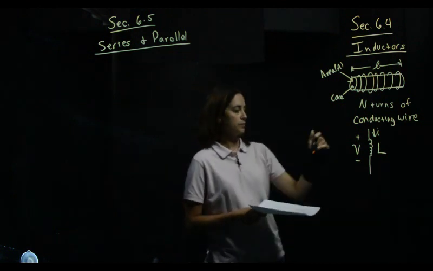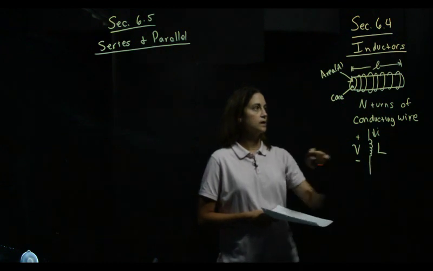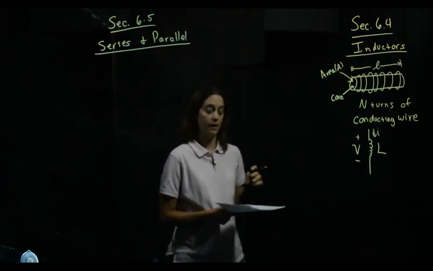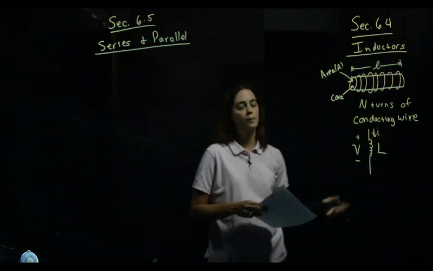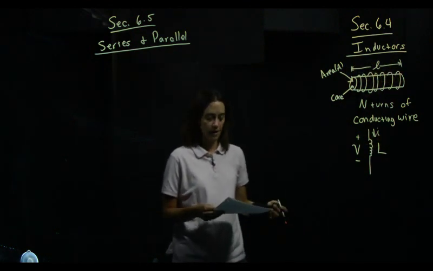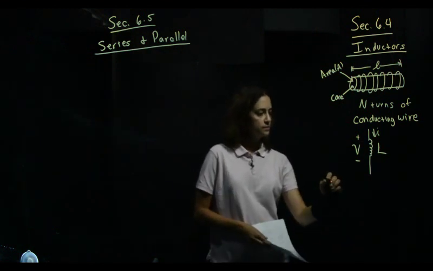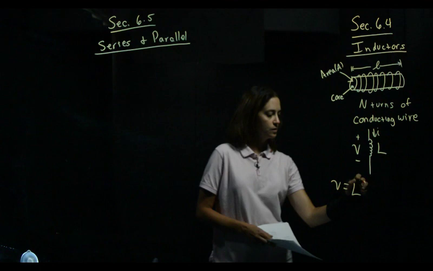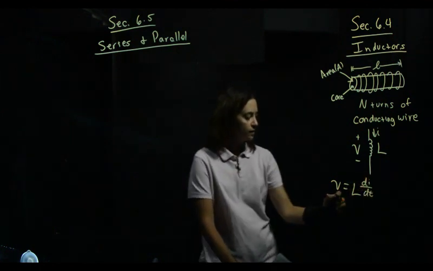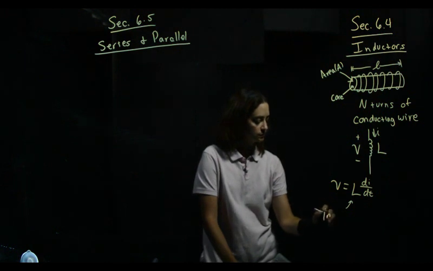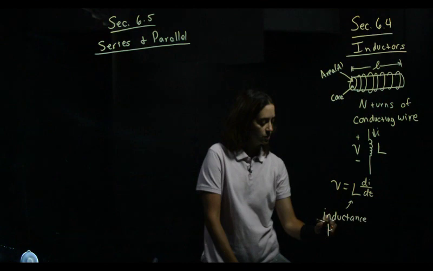Our circuit symbol for an inductor is this squiggle type of thing, and we represent an inductor with a capital L. So lowercase l, that's the length of the core. Uppercase L, that's the inductor value. So from this, we get V equals L di/dt. L is our inductance, and it's measured in henries,